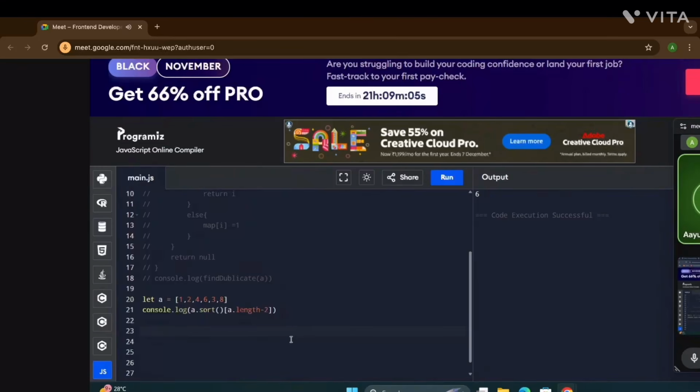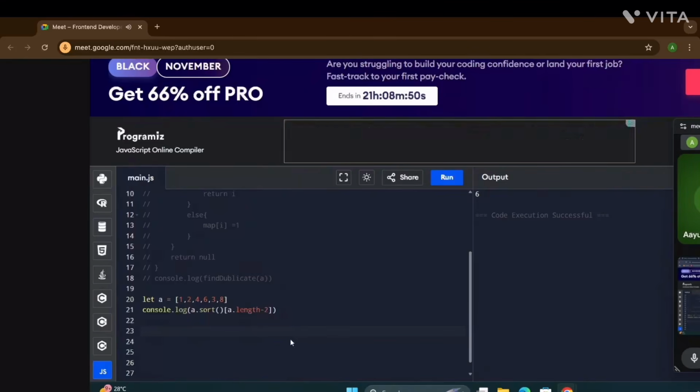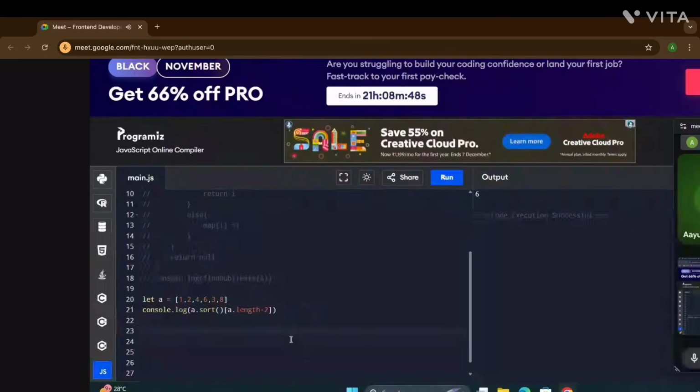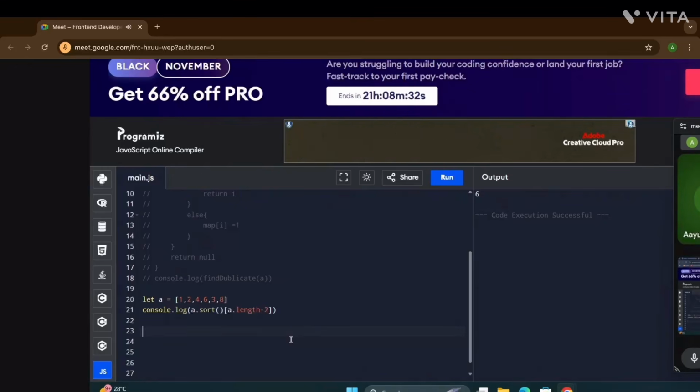How does MongoDB store data? Explain the document structure. MongoDB stores data in a JSON format, but internally it is stored in BSON, which is basically binary JSON.